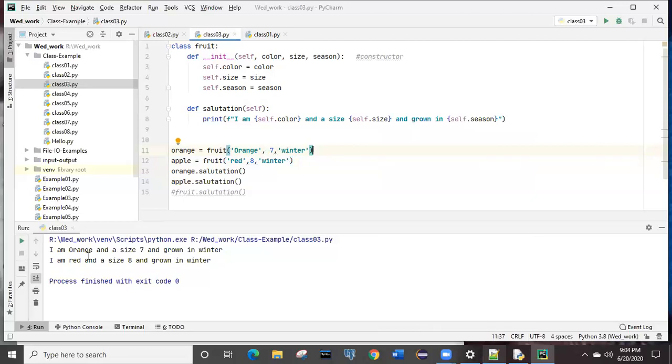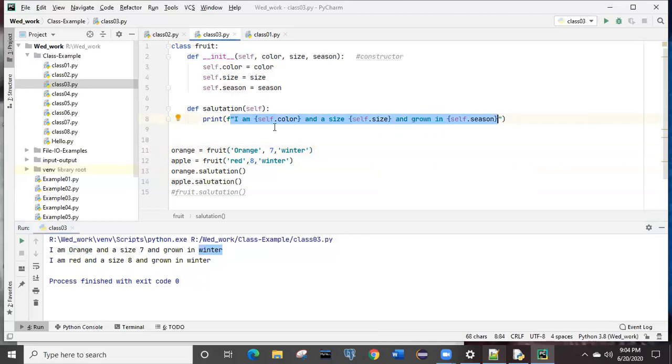Suppose I want to modify this. The output will be the same, but I want to highlight this one like orange, 7, and winter, right? These are the 3 input parameters which we have received from the object creation itself. So suppose I want to put that into single quotes, because the whole line itself is printing in double quotes.